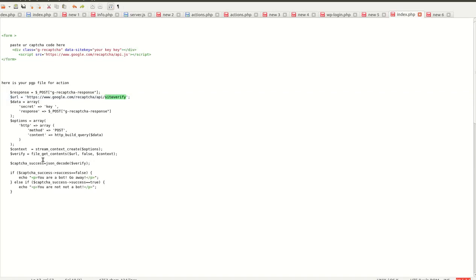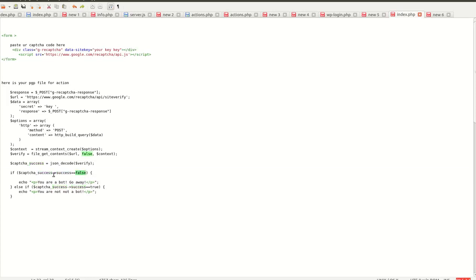So for this purpose you need to get the file contents using the URL and these parameters. Then check the JSON response. It will return a JSON response. You just need to find out what the JSON response is, and then you can decode that response in array format. Then you can check whether the response received has the node success as false or true.